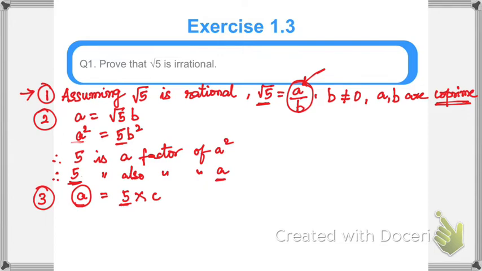So a is equals to 5c. Okay. Now substituting this value of a in this equation, in step number 4, you will get